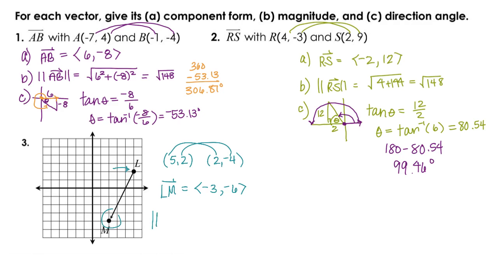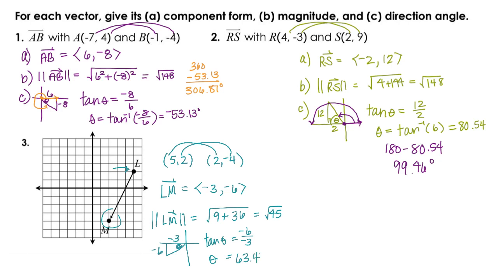And then if we need our magnitude, which is again the length of that vector, the magnitude of this would be the square root of 9 plus 36. And that's going to give us the square root of 45. And then finally our direction angle. It looks like we're going to be in the third quadrant. We're going to be down here. And we have -3, -6, and theta sitting inside there. So tangent of theta is going to give us opposite over adjacent. And so we're going to find our angle inside there to be